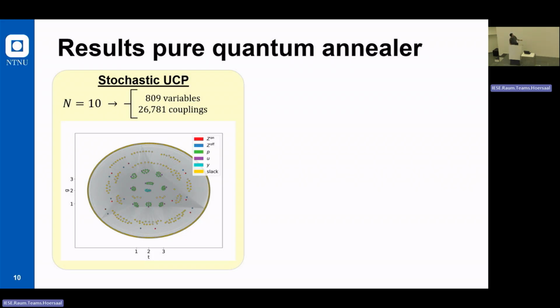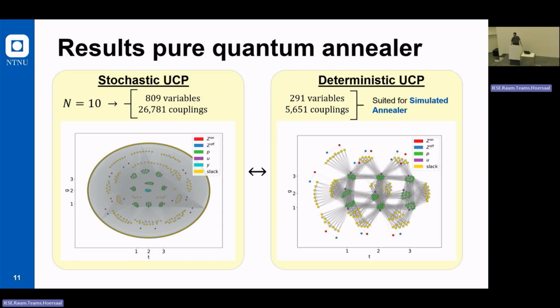This is a nice graph of the QUBO problem. I put the slack variables corresponding to the demand around because otherwise it was a mess, as you couldn't really see the shape of it. But you really see that it's very dense. There are many variables, many couplings, and this is too large for a quantum annealer. That's why, since we want to check how the quantum annealer behaves, we decided to go to a deterministic case. It's not the main goal of all this, but at least to have a good taste or a hint of how the annealer works, it might be good.